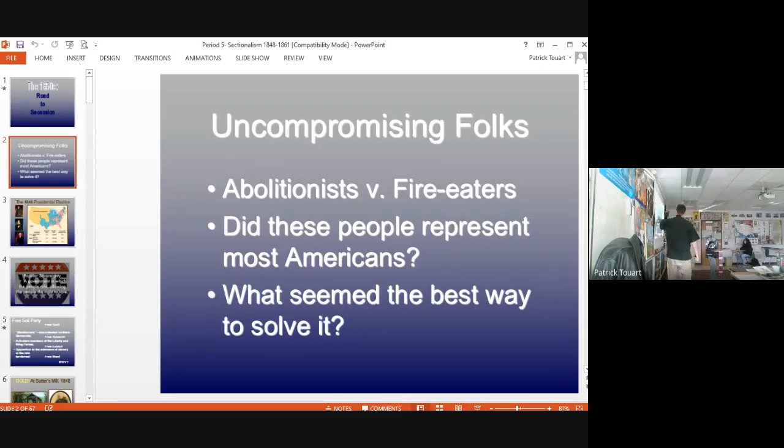So America didn't really at all find itself like these two groups. Southerners weren't fire eaters, Northerners weren't abolitionists as a group, right? But who were the loudest? These two groups. So they got a lot of attention, just like people out in Portland were the loudest this